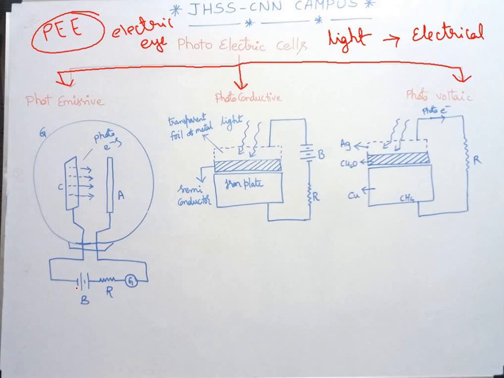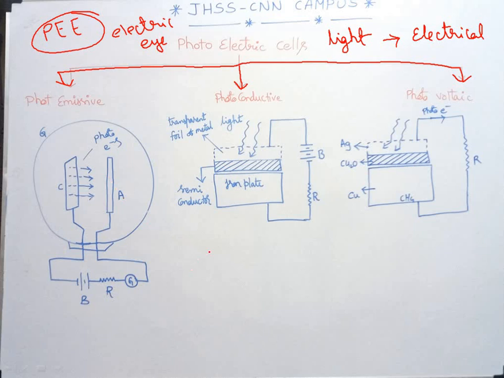Here is a battery, you can see, and here is the resistor, galvanometer, anode, cathode, and photoelectrons will move towards the anode when UV light radiation falls on it. So you can see here, electrons are emitted from a photosensitive surface by the action of light. It's a glass bulb, quartz. So when light radiation falls on it, the electrons will start moving towards the anode. For your diagrammatic representation, I have represented it like this.